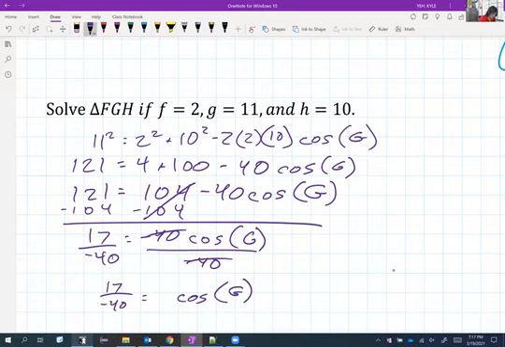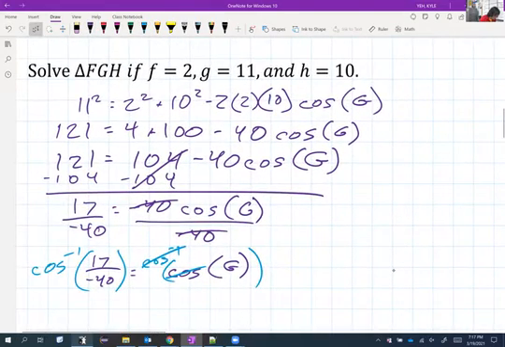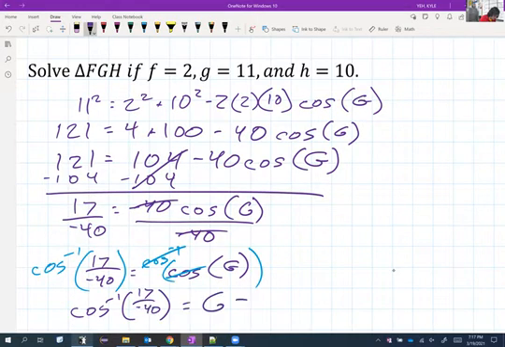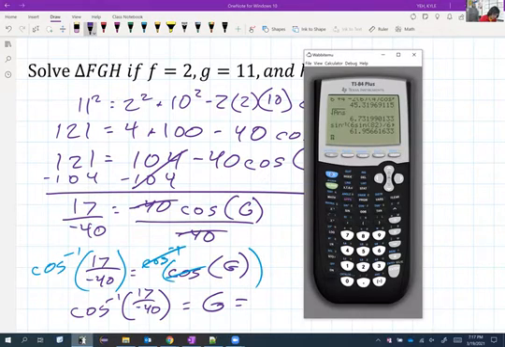And then how do we get rid of a cosine? How do we get the G out of there? Inverse cosine, both sides. And so we get inverse cosine of 17 over negative 40 is going to equal my angle G. And what is angle G? I'll plug it in. Inverse cosine of 17 over negative 40,